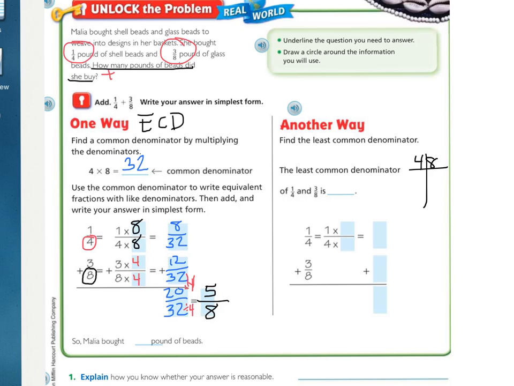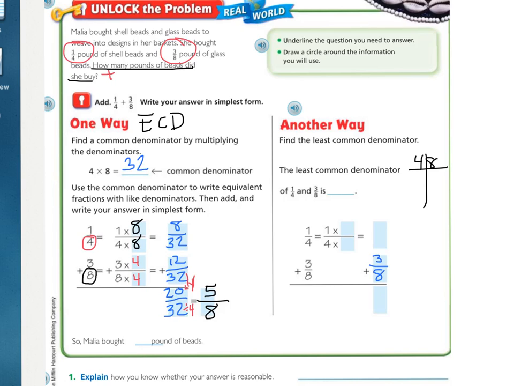Your first step is to list your multiples. However, I can see right away that 4 and 8, well, 8 is a multiple of 4. So I don't need to do anything to 3/8. I can just scoot it straight across. So I'm going to leave 3/8,